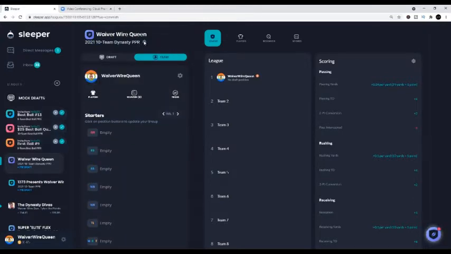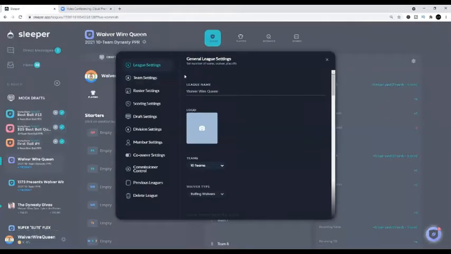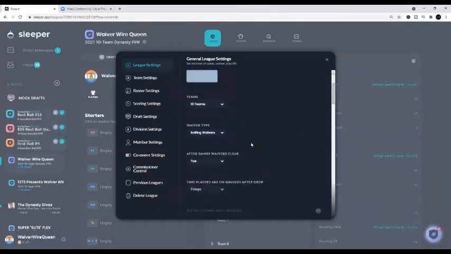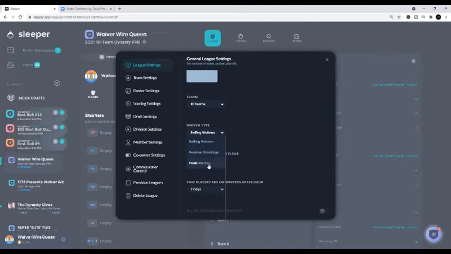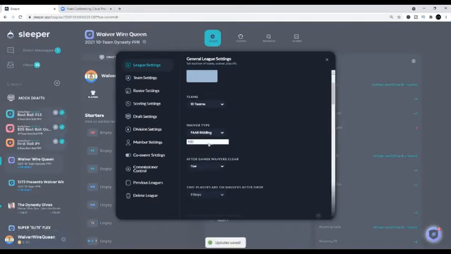Let's go in here. We're going to click the wrench because the wrench is going to take us to all of the different functions that you have as the commissioner. So as you can see, these are your basic league settings. Choose the waiver type. We normally do the bidding, so let's leave it there. And then we'll keep it at